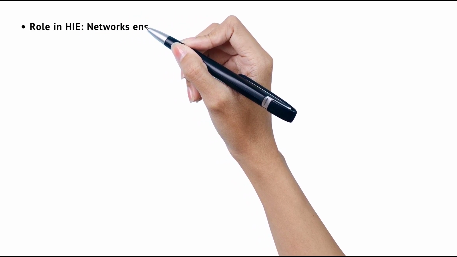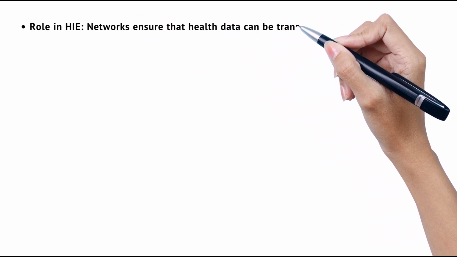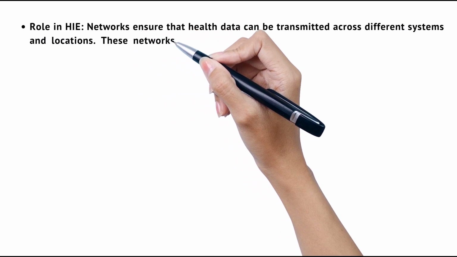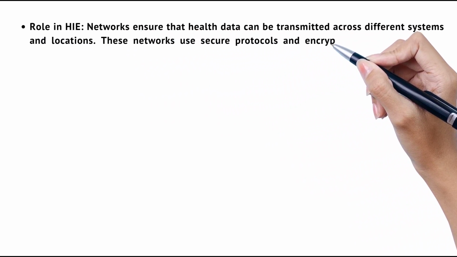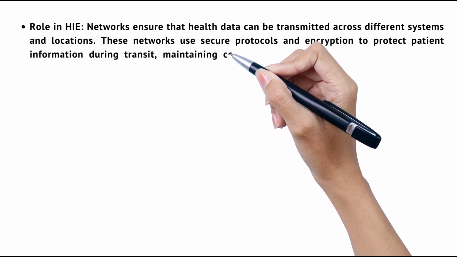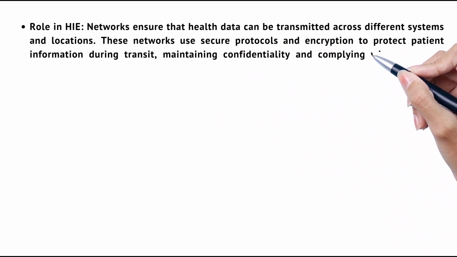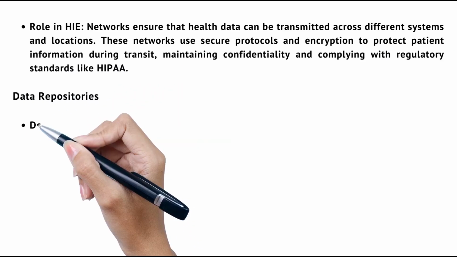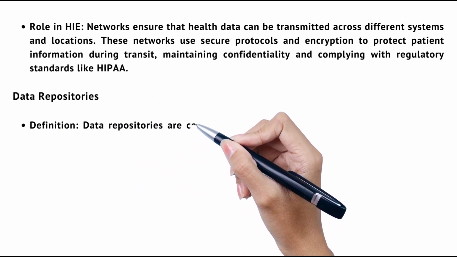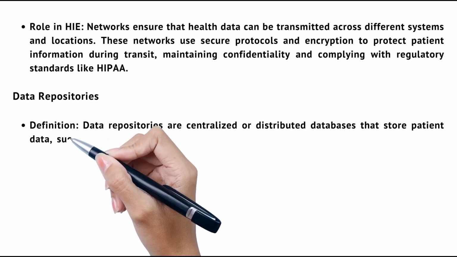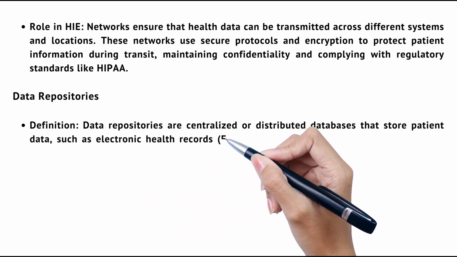Role in HIE. Networks ensure that health data can be transmitted across different systems and locations. These networks use secure protocols and encryption to protect patient information during transit, maintaining confidentiality and complying with regulatory standards like HIPAA. Data repositories. Definition: data repositories are centralized or distributed databases that store patient data,